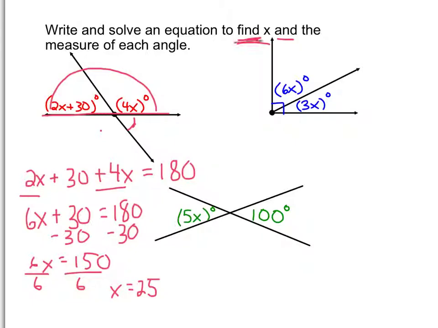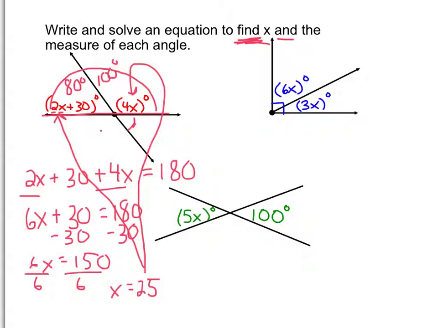That gives me the value of x, but doesn't give me the value of each angle. I have to plug that 25 back in. 4 times 25 makes this angle 100 degrees. Plug 25 also back into here. 2 times 25 is 50 plus 30 is 80. You can see that one's 100 and one's 80, and they add up to 180. Over here,